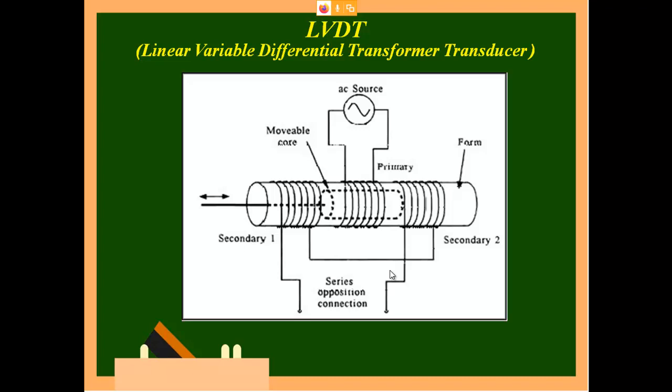Similarly, your LVDT is also having a transformer. You can see here you have an AC source and this is the primary winding. Then you have two secondary windings. Next you have to think is what is linear, then variable. Linear is for small change in primary, there is change in secondary. So we put linear. Then variable is the secondary output is not fixed, the secondary output is going to change.